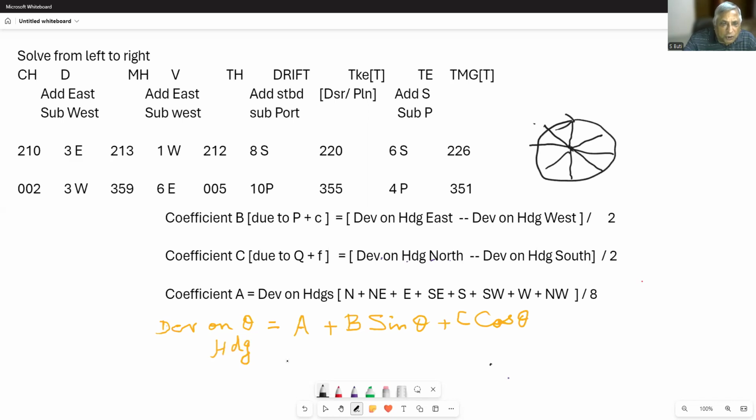Similarly, calculate deviation on heading north plus northeast, east, and add them up algebraically and divide by 8. You will get the average coefficient on all these headings, and that is called coefficient A. And if you take 12 headings 30 degrees apart, then add them up and divide it by 12. So we divide by the number of headings, 12 in that case. And you get coefficient A, whose value could be plus or minus, and coefficient A can be corrected by